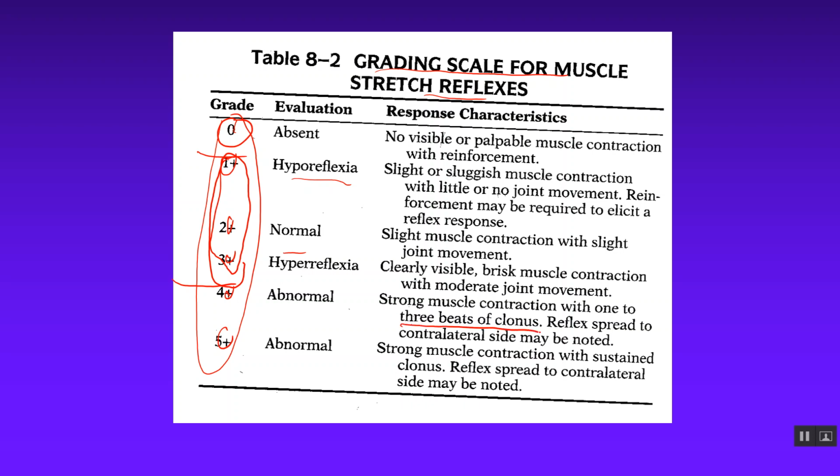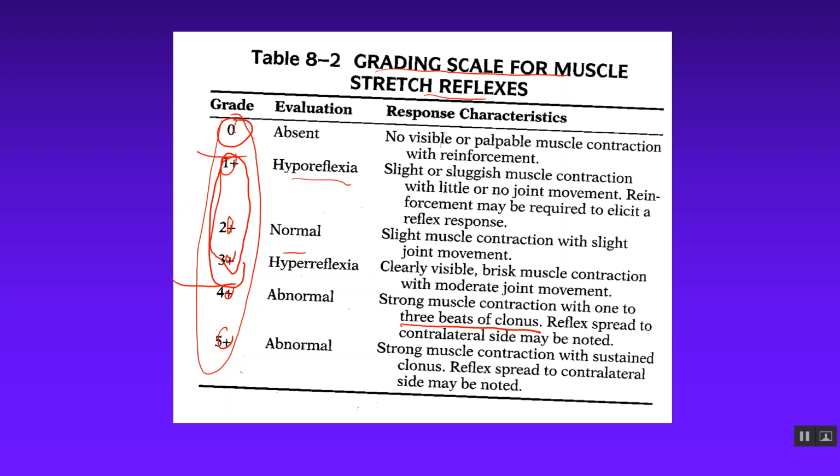If you start getting clonus, where you get more than 1 beat, I've had a few rare people that gave me 2 beats that were normal. I got boom, boom. I don't have anybody who usually gives me 3 beats. 3 beats, I'm like, ooh, maybe you have something going on with your central nervous system. So anytime you have a 3-beat clonus or more, that usually involves the CNS, an upper motor neuron problem, you're thinking. You may not know why yet, but you know,